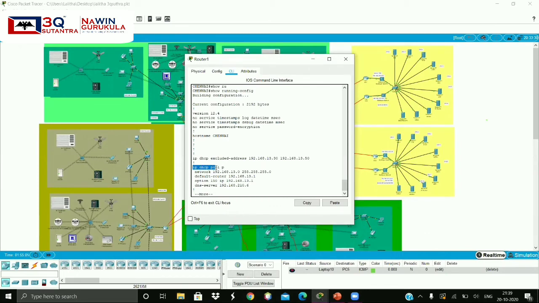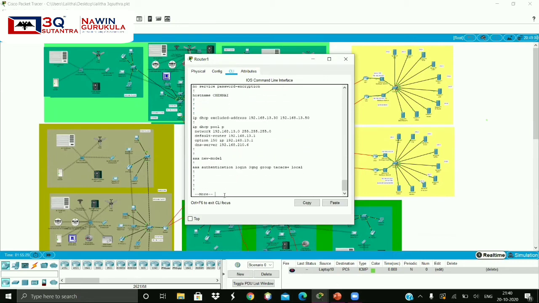And next here you should specify the network address so that it can assign an IP address for the end users. And the default router address is used because the host needs to know where to communicate with an external LAN. And the option command will be used because it will enable user defined services like telephone services, and the DNS server to access a web page. The IP address should be specified.